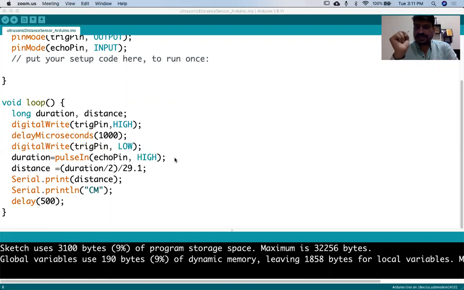If the distance is less than 10 centimeter, I have to use some sort of algorithm which will tell me that we have to move left or move right, because just in front of me there is some obstacle. In just 10 centimeter I have some obstacle, or 15 centimeter I have some obstacle. So that we can do very easily with the help of this particular sensor.